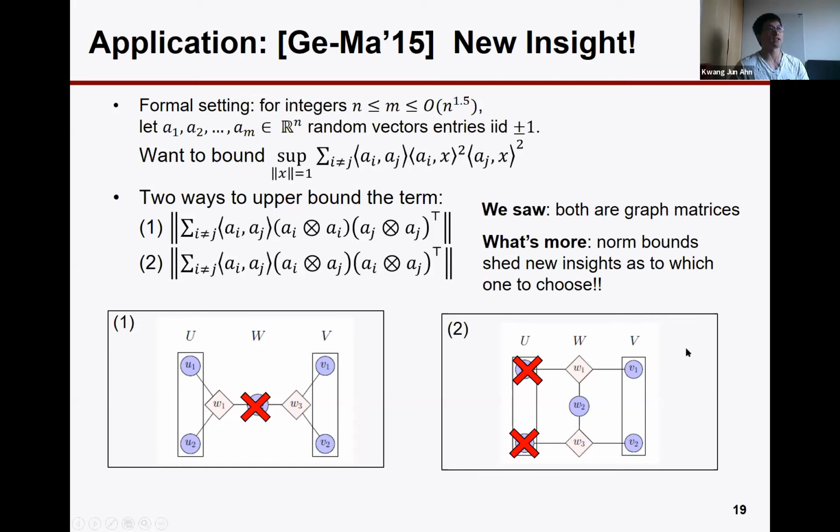And actually, this is the case. That was the case in Rong Ge and Tengyu Ma's paper. But here, without going into complicated analysis like they did, we can just quickly see this, which is perhaps a more insightful way of tackling the problem. And it turns out the graph matrix norm bound, our main result, applied to this gives a matching upper bound as Ge and Ma's results.